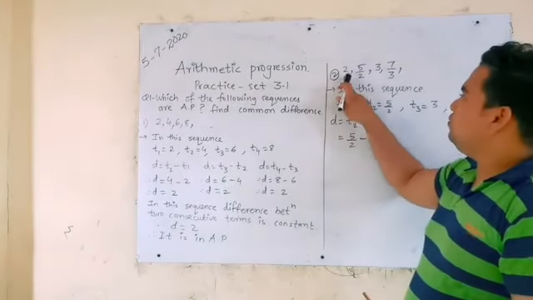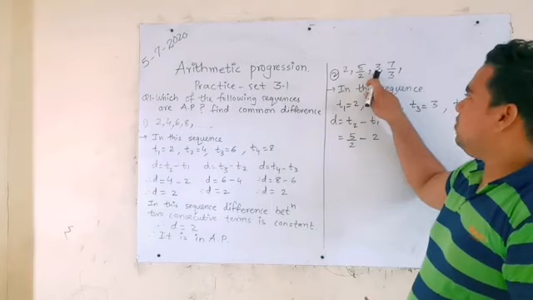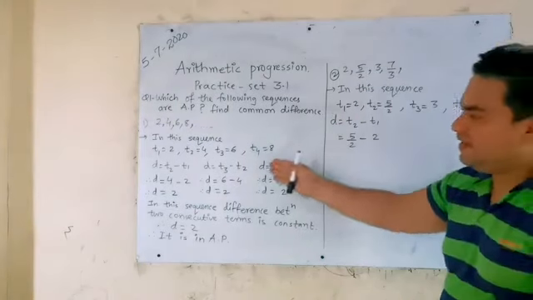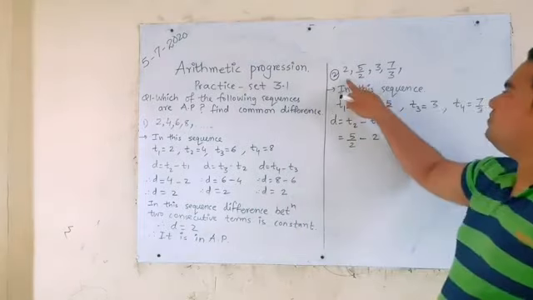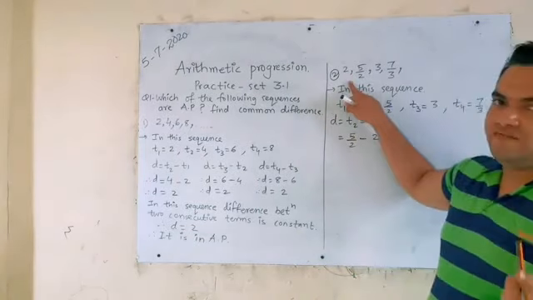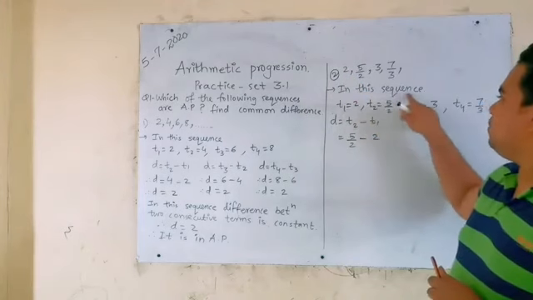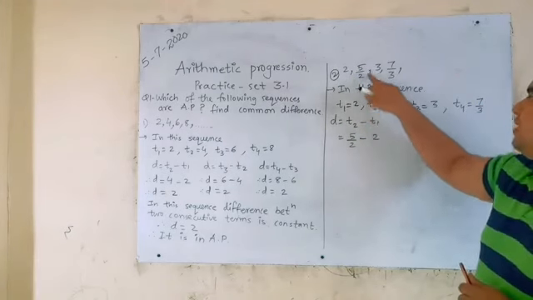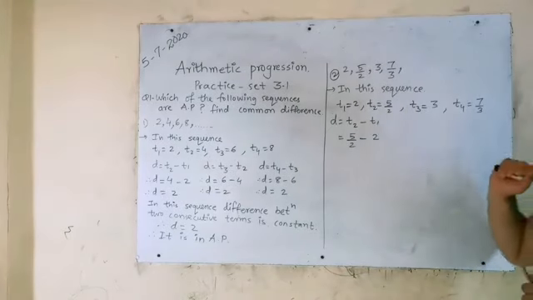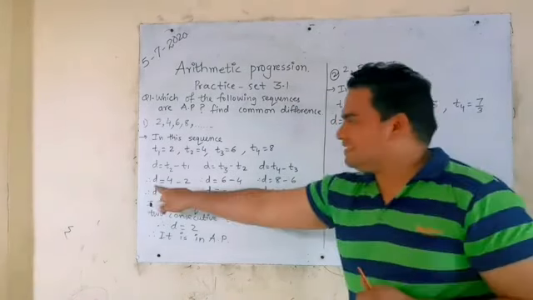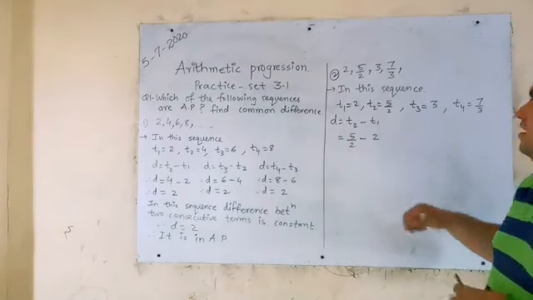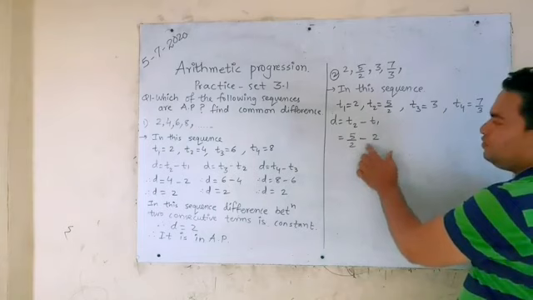Here 2, 5/2, 3, 7/3. Okay, so same like this only, but here some numbers are fractions. Every number is a rational number we know, but if you get confusion, please look here in this sequence: T1 = 2, T2 = 5/2, T3 = 3, T4 = 7/3. So now how to solve? We have to take the same difference formula, that is d = T2 minus T1. So what is T2 here? 5/2 minus 2.